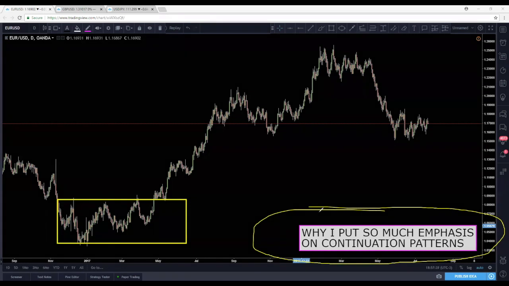So to start off, guys, before we can get into the main topic here of understanding why we put so much emphasis on a continuation pattern, we first have to understand the basic notion of a trend. If we look at a bullish trend or a bearish trend, they all start off with a sharp impulse. Regardless of whether we look at it from a bullish or bearish stance, they all start with 2 points, a low point and a high point. One thing you must understand is that in any basic notion of a trend and how a trend formulates, you need 4 points to come about before you can state it is a trend.